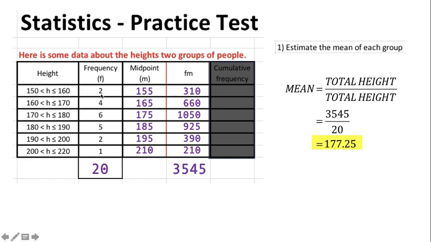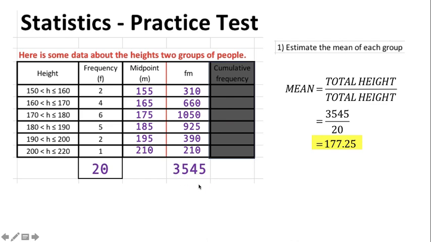So in the first line, there's two people that we're assuming to be 155 centimeters tall. So that makes a total of 310 centimeters. 2 times 155, 310. Same for the other groups. Four people that we're assuming to be 165 centimeters. 4 times 165 makes 660. So if we work all of those out and add them all up, we get the total assumed height of all the people, which comes to